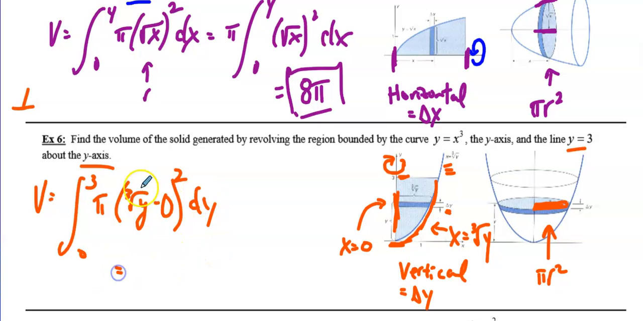And so we're going to pull the pi out. And we're going to go 0 to 3. And we're going to go the cube root of y, and I'm going to keep it squared just like before,